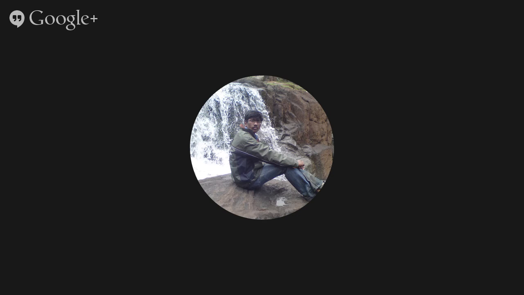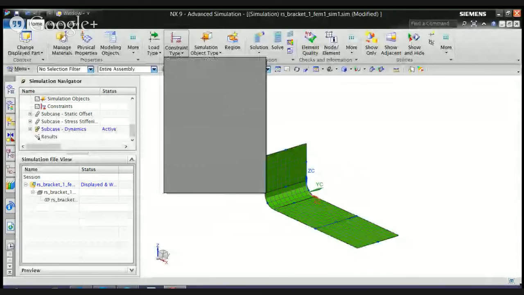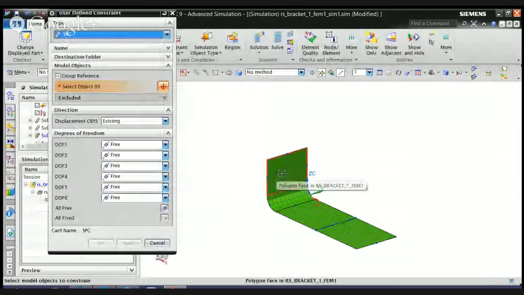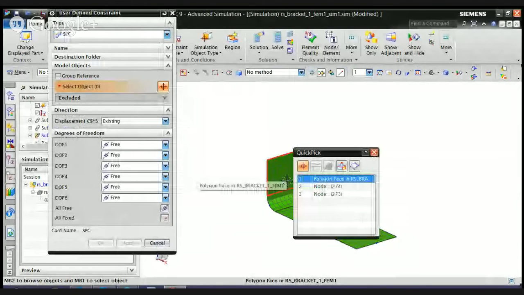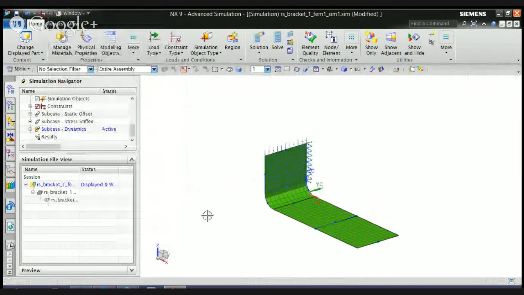So I select. Now I put some boundary conditions for my component. The boundary conditions are, one is a user defined constraint, that is for this face, and here the DOF of 3 I'm giving as fixed. Sorry, I'm giving all fixed, and the DOF of 3 I'm making free. That means degree of freedom 3, which is the z-axis, is going to be free. So I made it. Now you can see